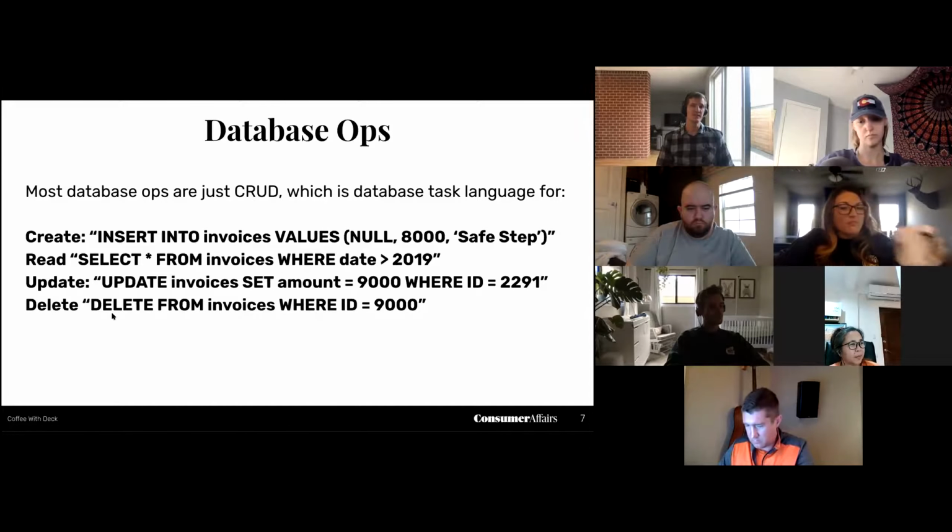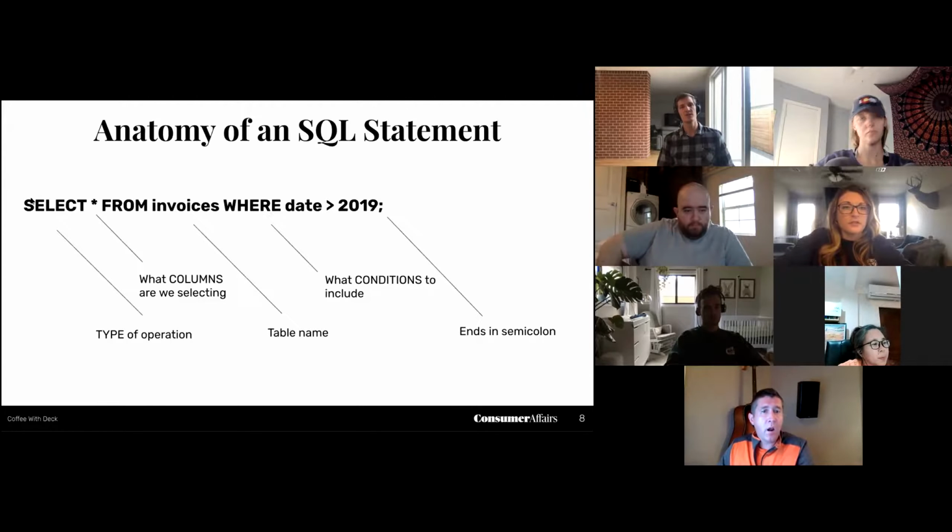And then delete is always the same. It starts with delete from a table name where these are the conditions. So if you look at the anatomy of an SQL statement, it's quite simple. So think in CRUD language where the first word is describing what we're trying to accomplish or the type of operation. And then this second feature of an SQL statement is just